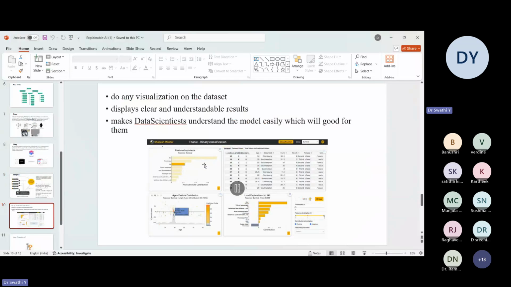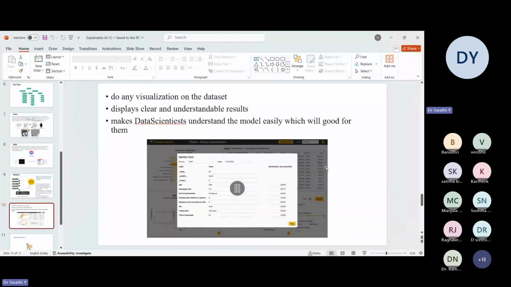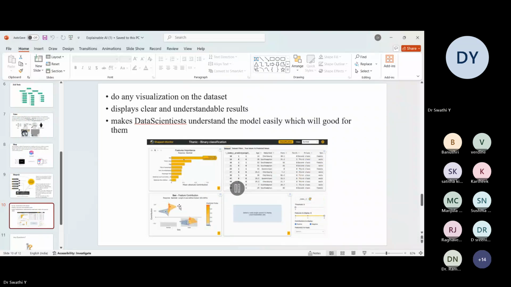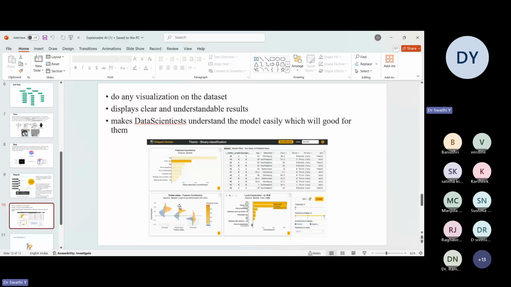It contains different blocks. In total there are around 4 blocks, and each block has its own importance. I'll show you during the hands-on session. So there is a dashboard. In one shot you will come to know all the visualizations with respect to your model, and there is no need to separately create a web app. That is an advantage of using this tool.